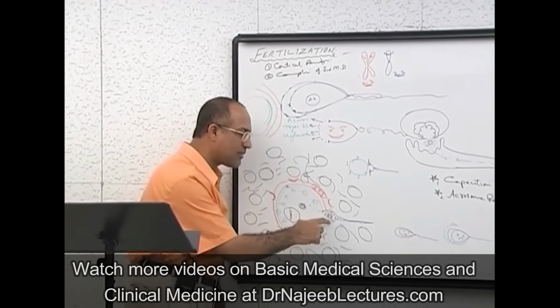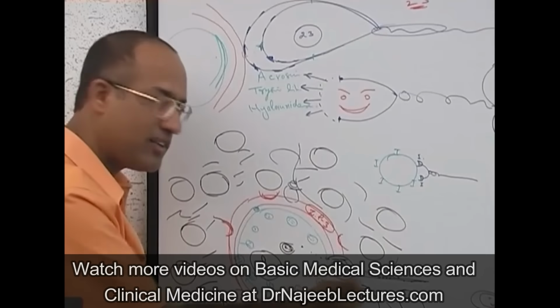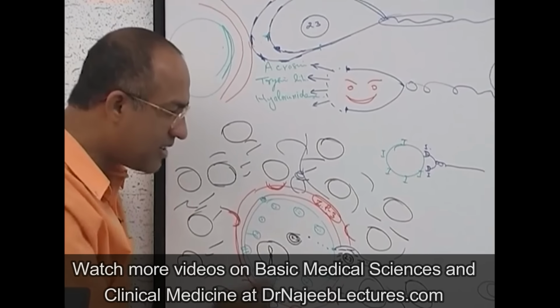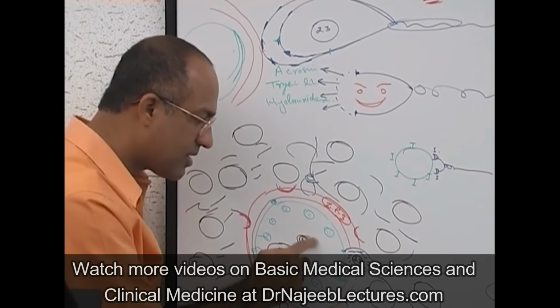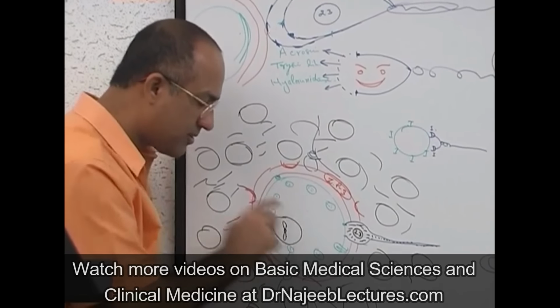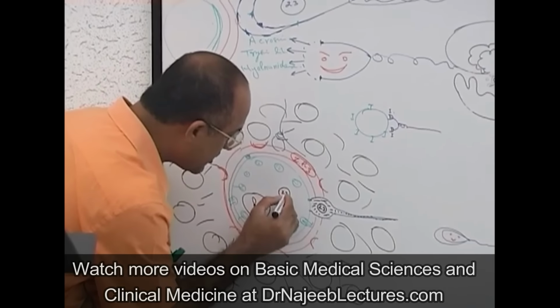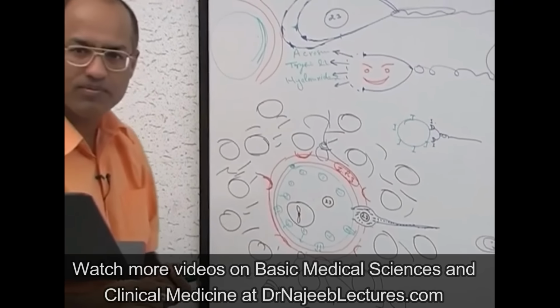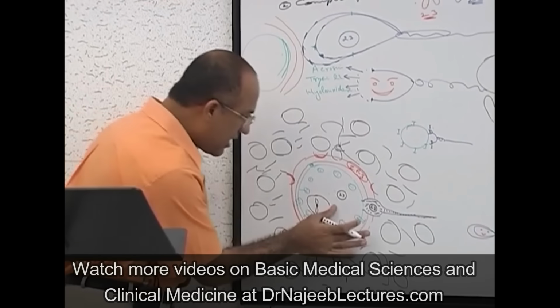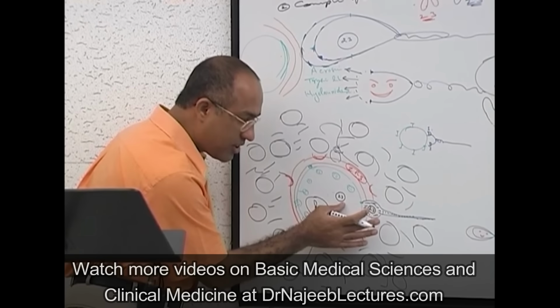I've told you that it has left its dress behind, its membrane, and it has jumped in naked. Then its tail is cut off, it degenerates. And then its cytoplasm also disappears. Now, what is this? This is the nucleus from the ovum. The nucleus from the sperm. This is the nucleus from the sperm.